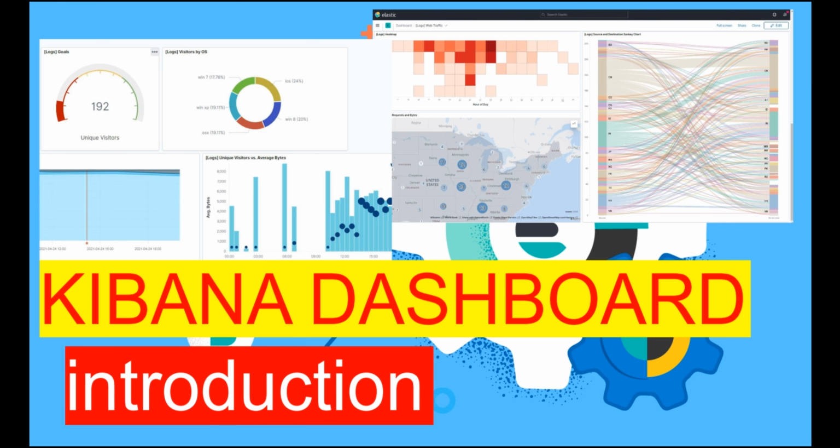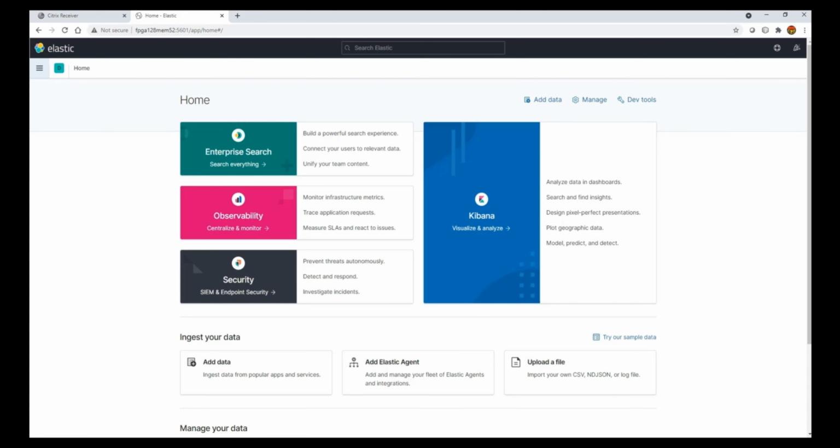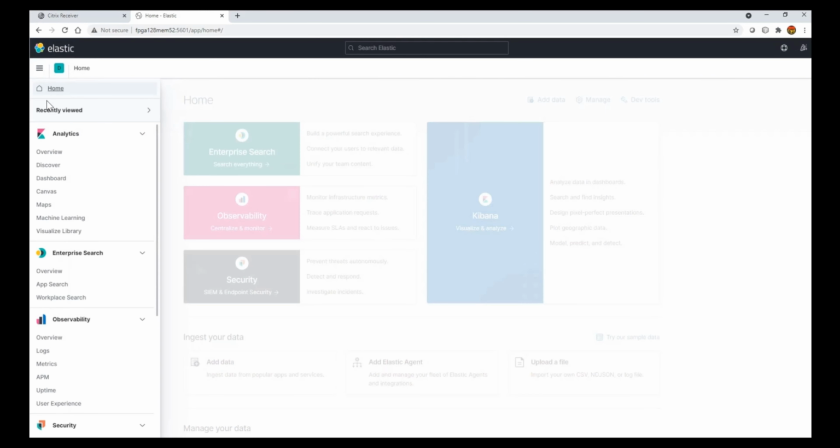So in this video I will show you how to use the Kibana dashboard with the help of the default data set that comes with the default package of the Kibana ELK Stack. Once you log into the Elasticsearch Kibana web page, then on the home page you can find that there